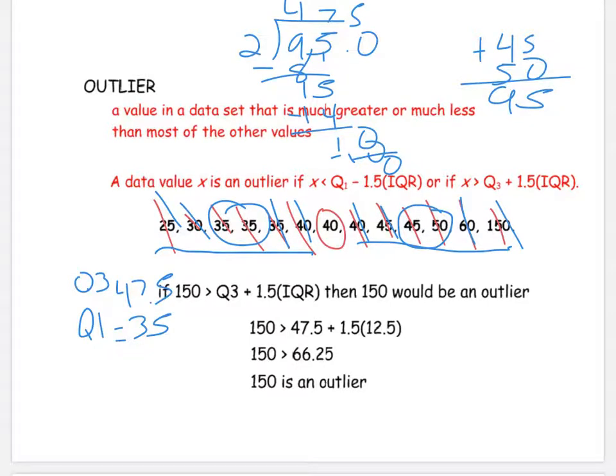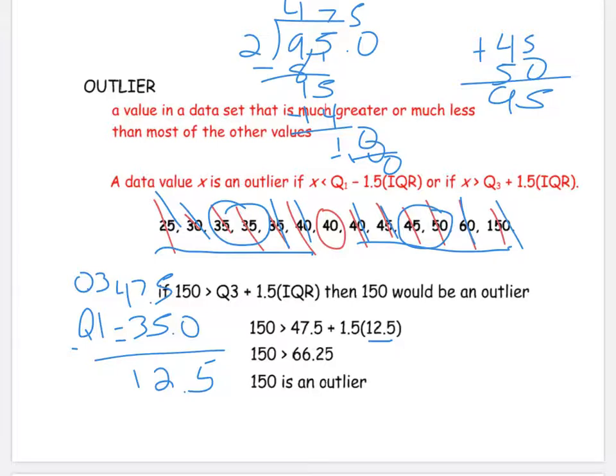To find the difference, we have to then subtract. So I have to add a decimal and a 0 there, and then I can subtract the Q1 from Q3. So 5 minus 0 is 5, 7 minus 5 is 2, and 4 minus 3 is 1. Therefore, our interquartile range is this value here, which is the 12 and a half. Okay. So once we have our interquartile range value, you have to take that value and multiply it by 1.5. So if I take 12 and a half and I multiply it by 1.5,